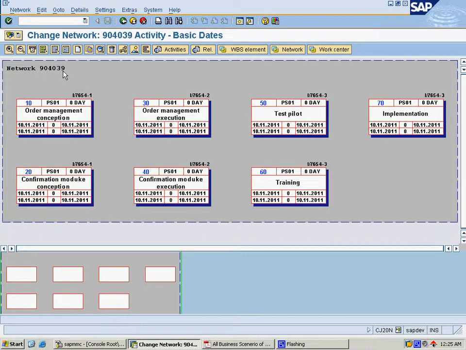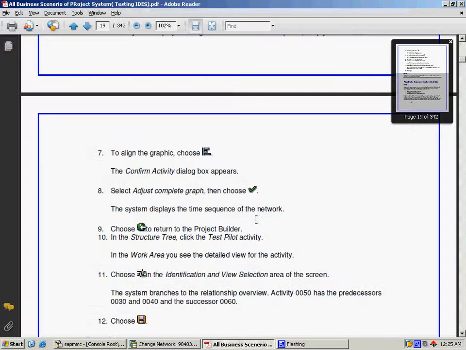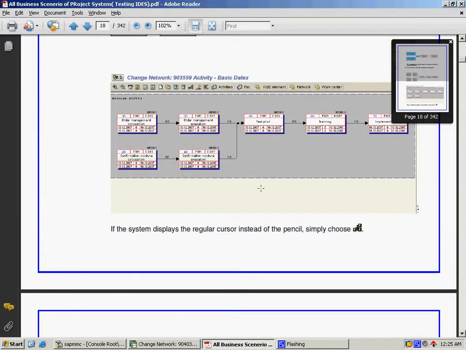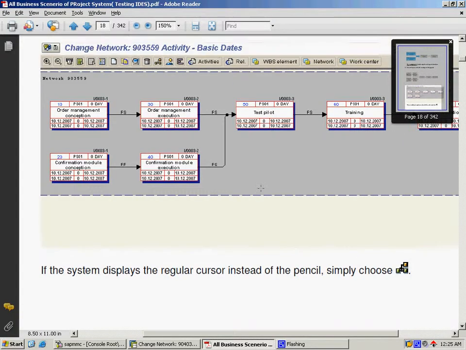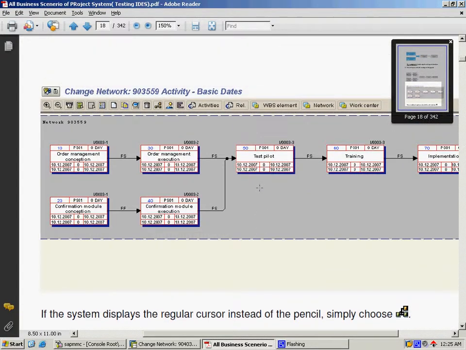Here the network header number is 90403039, and these are all the various activities created in the previous class. As mentioned in the scenario, we need to link up all the activities by using the respective relationships.